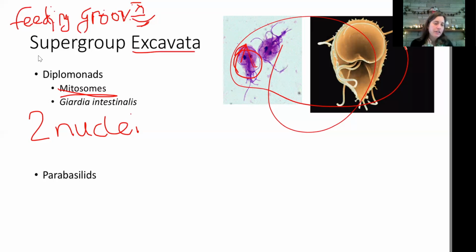Okay, the second group is the parabasalids. I told you there's a lot of weird words here. Parabasalids are also excavata, so they have that feeding groove. They also have modified